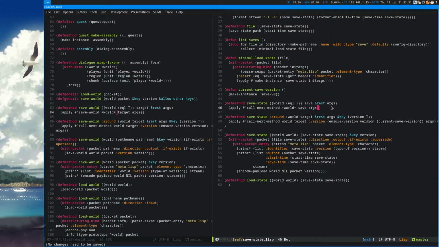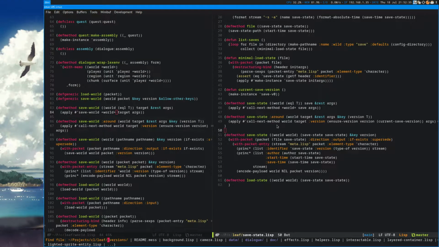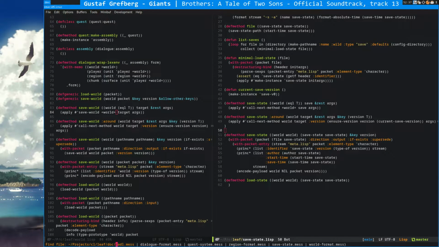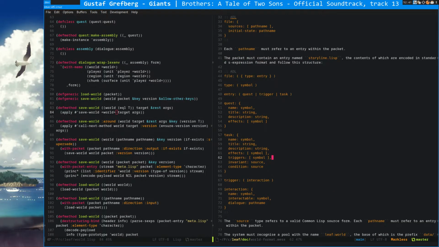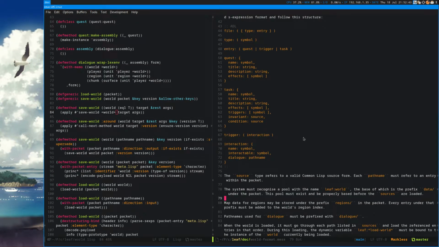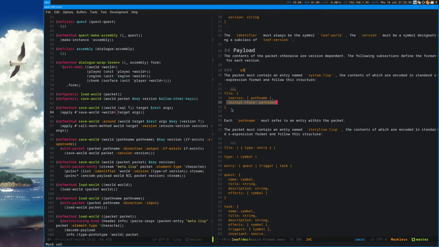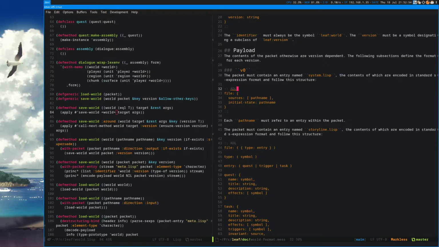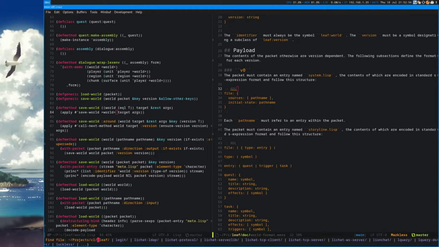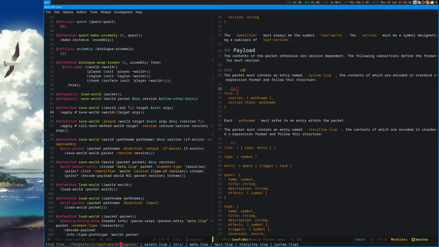And beyond that, it's again a save state file, which is, if you look at doc, world format, you have an initial state pathname in the system.lisp file that's referenced, which currently in the example world I have does not actually exist because I wasn't at that phase yet.